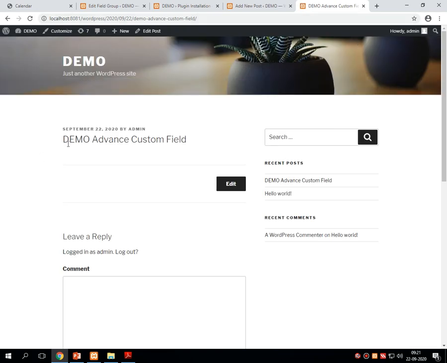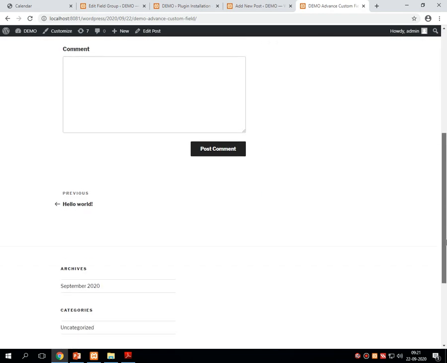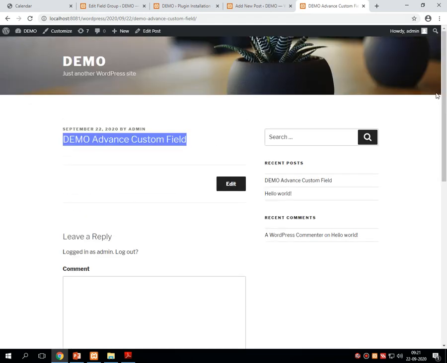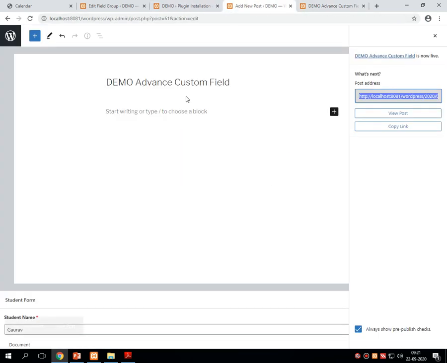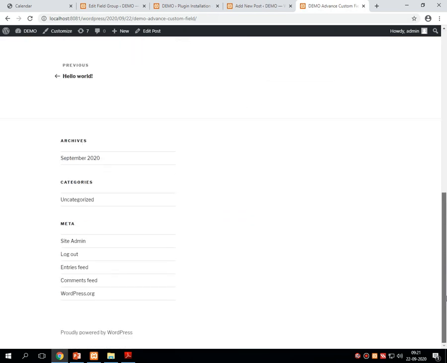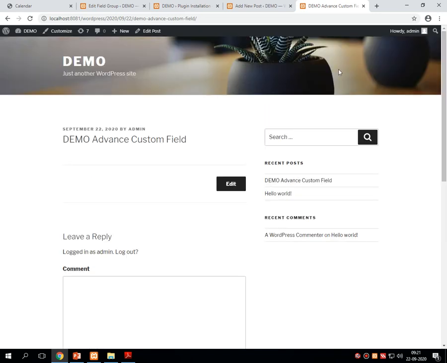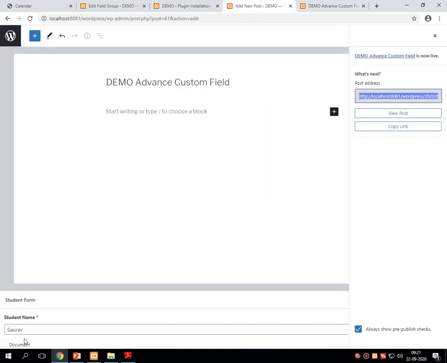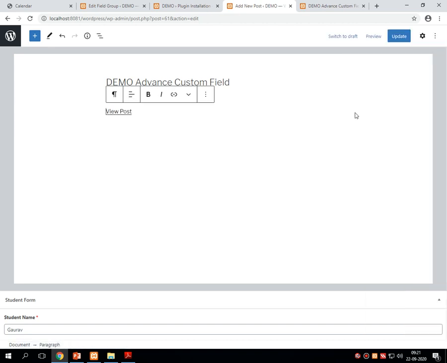Fine. This will be demonstrated over here. Clear? But there is no data of the form that I have filled over here. It just gives the post over here with the name. We'll learn how to display that particular thing, how to display the data on this particular screen also, but we'll see later on. We'll expand this form first. So this works perfectly. Even you can view the post by clicking over here.